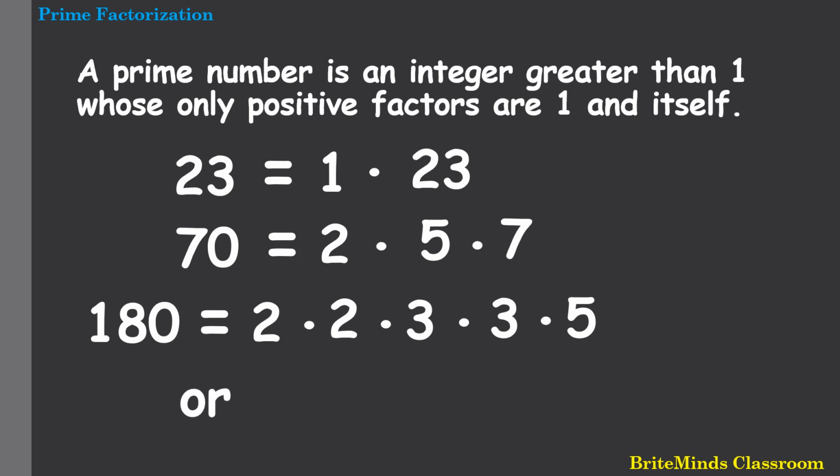We can transform it into exponents since we have two 2's. So we will make it 2 squared. 2 times 2 is 4, times there are two 3's, so we're going to transform it into 3 squared. Since 3 squared is 9, and then multiply by the last factor, which is 5. So 4 times 9 is 36, times 5 equals 180.